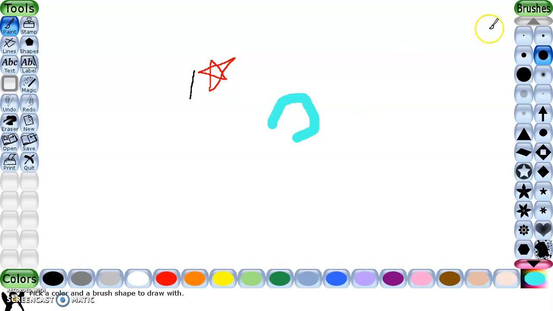Okay, this is the help area. It is present at the bottom of the main screen. It provides tips and other information about the selected tool while drawing on the canvas. You can see here if I select this and I will draw here something. The help area is telling me it's dark green color.